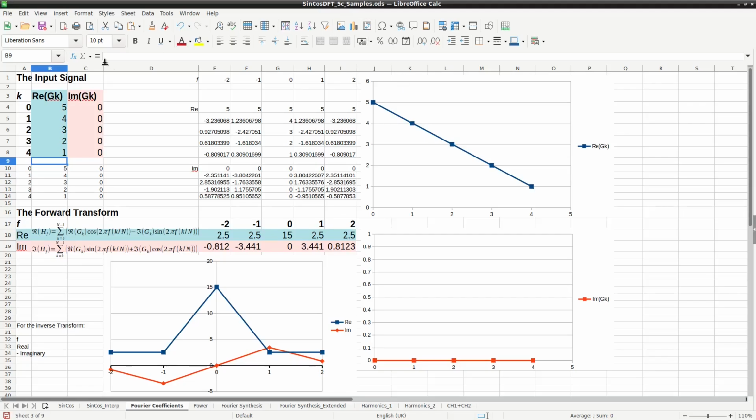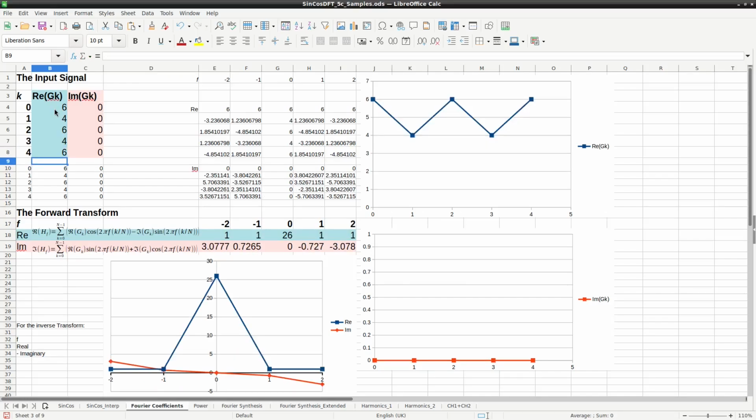I can demonstrate this with my Fourier spreadsheet that I introduced to you in my previous Fourier video. So here is a DFT calculation for a 5-sample signal. Currently the signal is in the form of a ramp function, but let's change it to be an exact Nyquist fluctuation, equivalent to a frequency of f equals 2.5, which, as we know, the DFT can't represent as a single